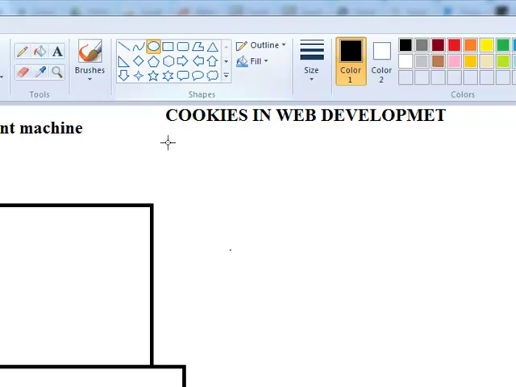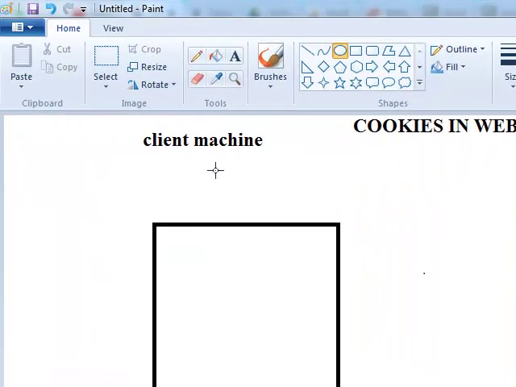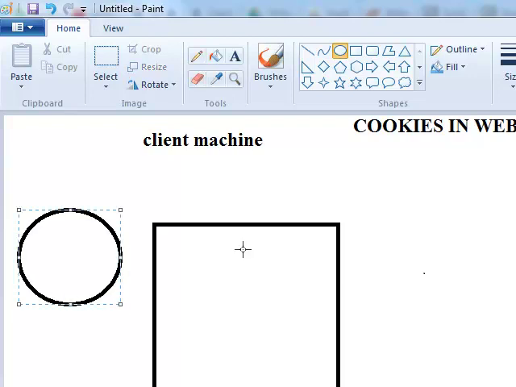A cookie is a key value pair sort of data structure. It only has a key and a value. You all have a roll number and name. So the cookie has a name.